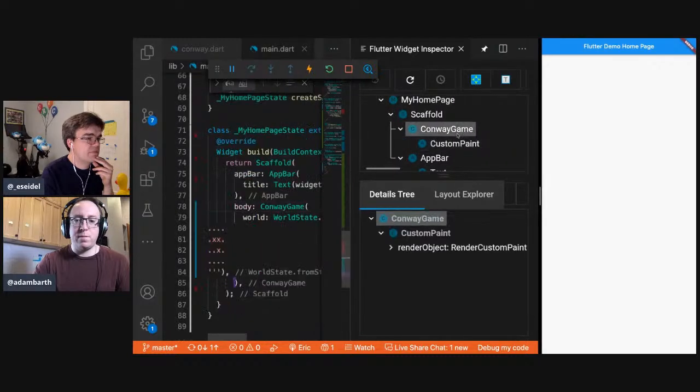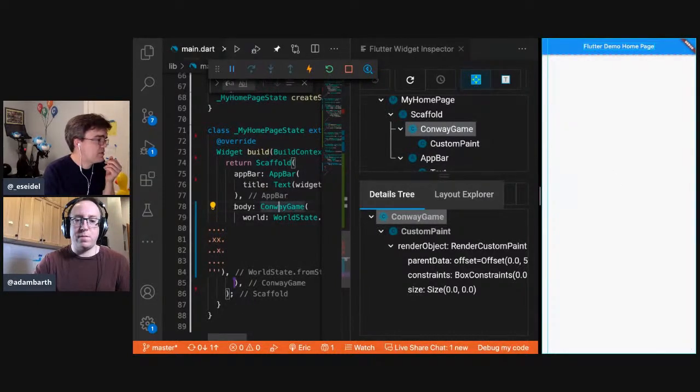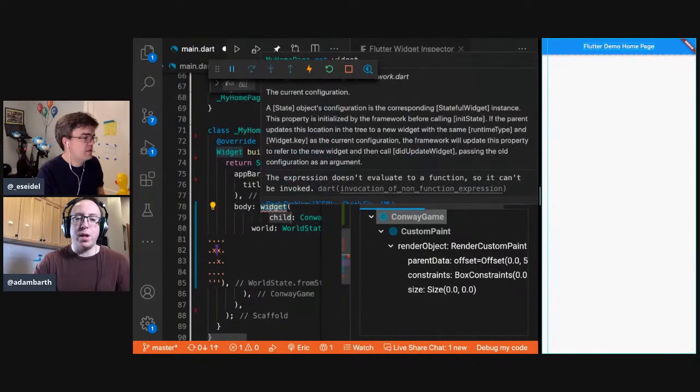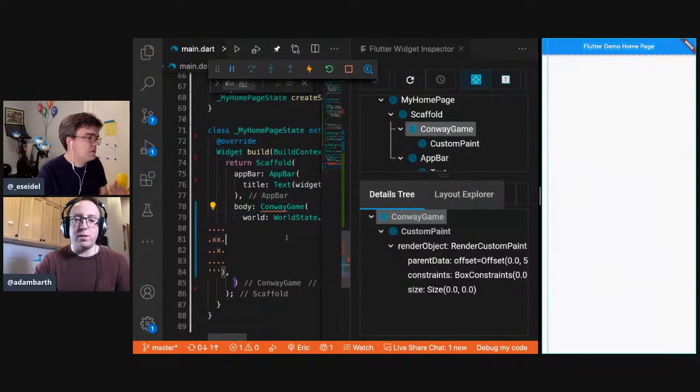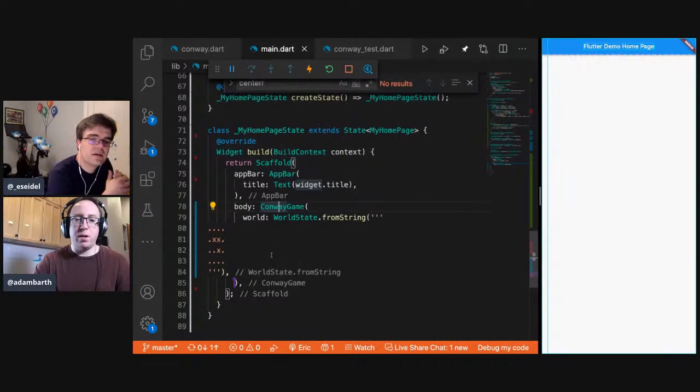Okay. Conway game, render object, size 0, 0. Mm. What do we turn these on? What happens if we wrap this sucker in an expanded? I feel like... Is it called expanded? I think you want sized box. Expanded goes with the flex layouts. We solved this problem in our last, didn't we? Yes. In that world, we had a column because we had the controls at the bottom.